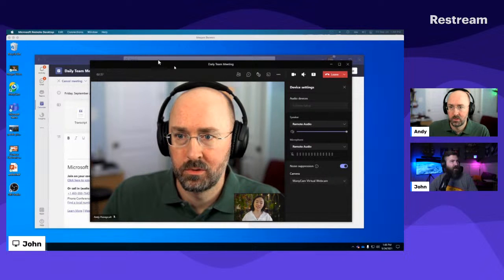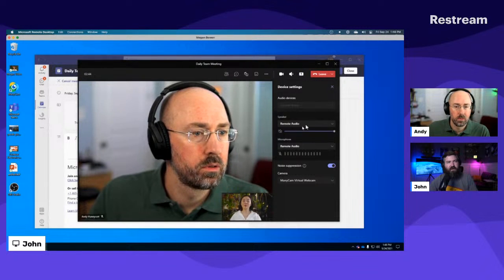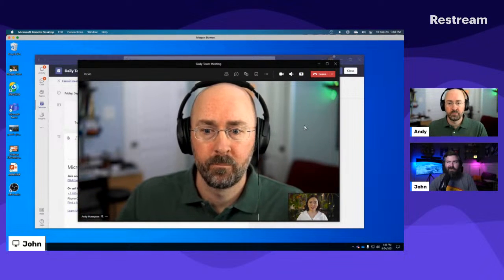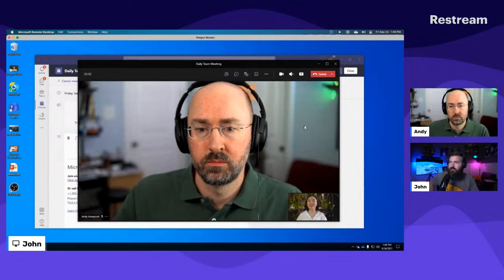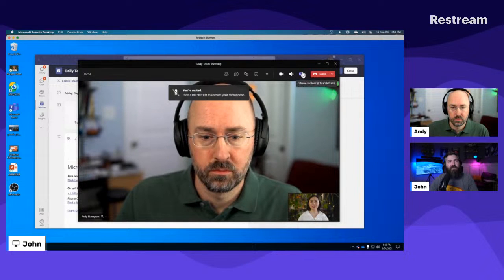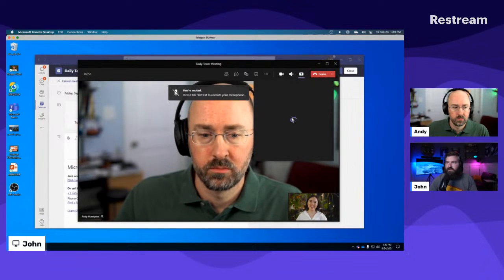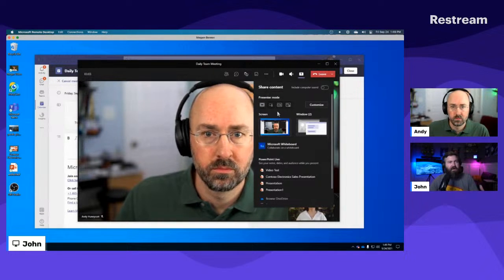Cool. So, one thing that's new as well is the presenter modes. And we wanted to talk a little bit about, before you dive into OBS, before you dive into buying something like ECamm Live or ManyCam, what you can do natively in Teams for free and without having to run extra stuff, taking up extra cycles on your computer.